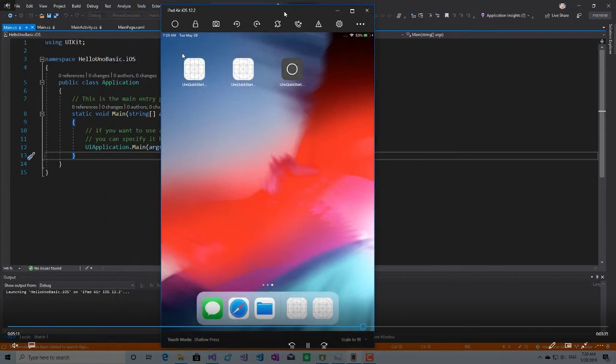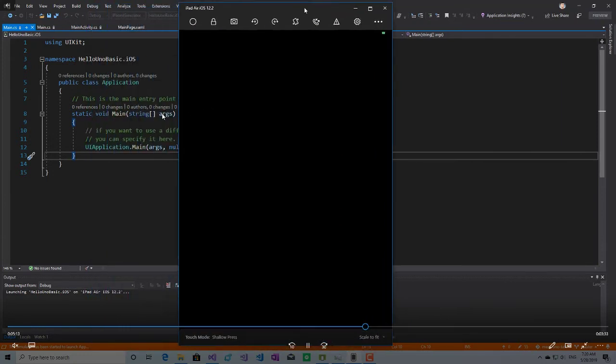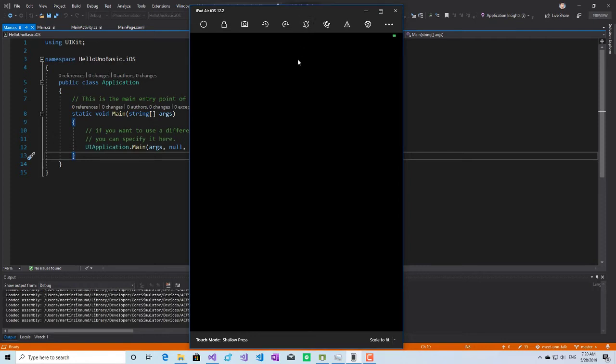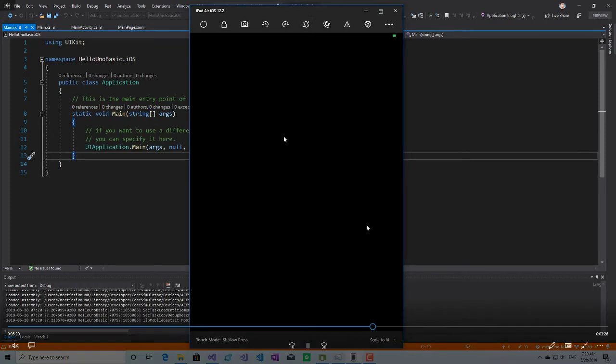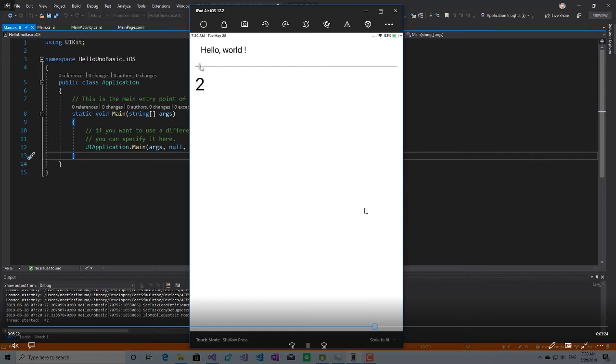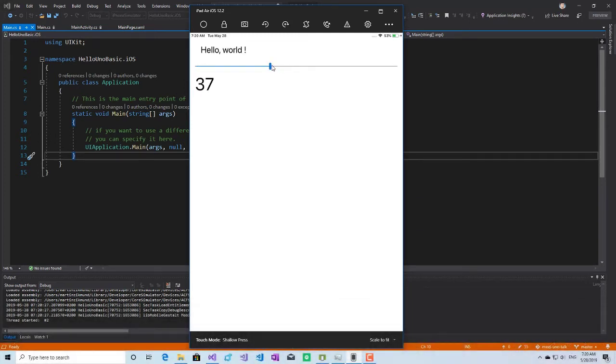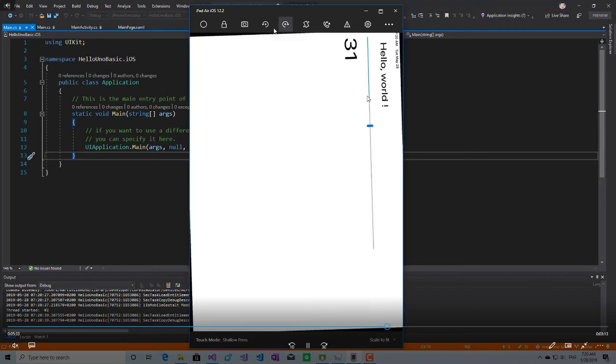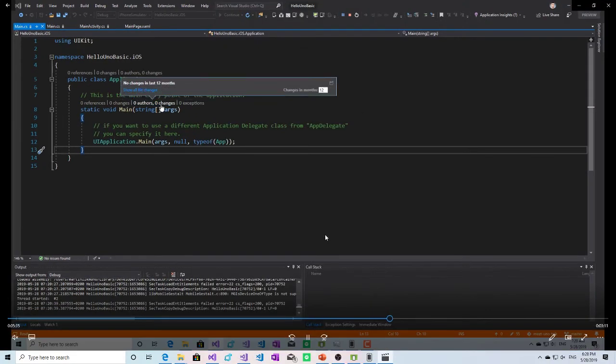And in the simulator you can see it installed correctly. Once it loads, there is the same UI again running on iOS, and data binding works and everything else as well. So that's for iOS.